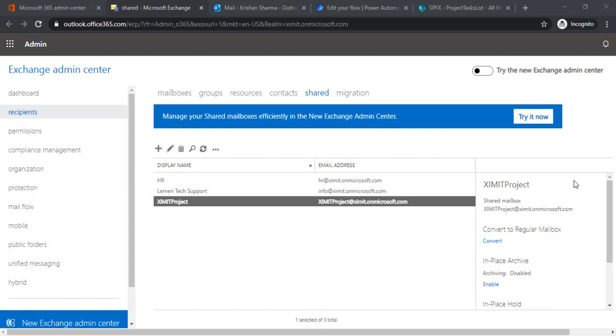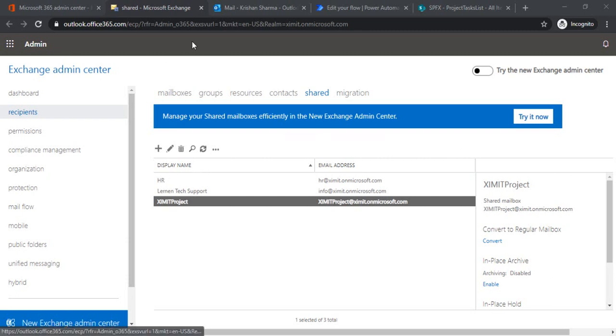In today's session, we are going to learn how we can extract the email body, interpret that body, and save that in a SharePoint list via Power Automate. For that, I'll be using one shared email box, and I will send one email to that shared email box in some specific formatted way so that I can interpret that body in my Power Automate and have that saved in the SharePoint list.